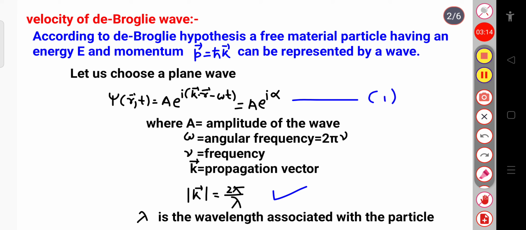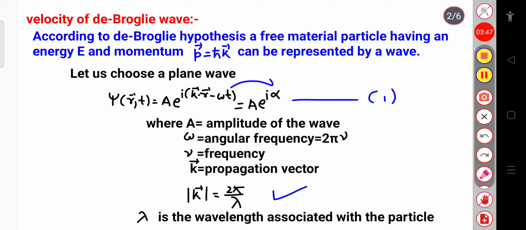In this expression, let me write, suppose this is equation 1. This plane wave equation, psi of r, t equal to A exponential iota (k dot r minus omega t), that is A exponential i alpha. This phase term, alpha, is equal to k dot r minus omega t. It means that this psi, the wave function, depends on the phase factor alpha. So the phase velocity